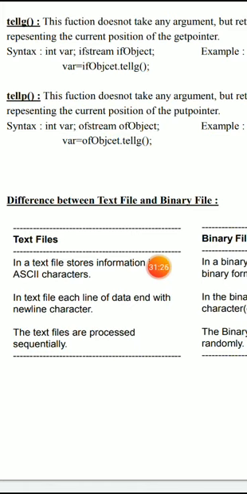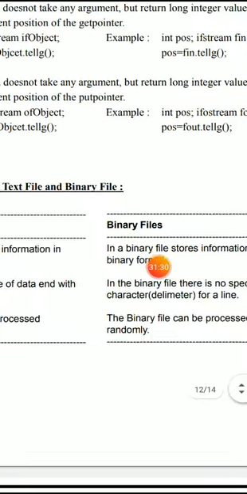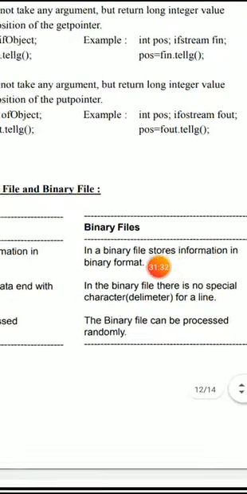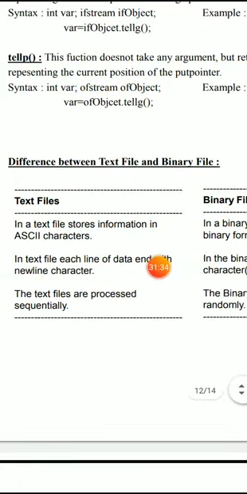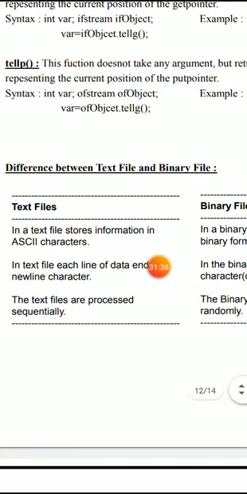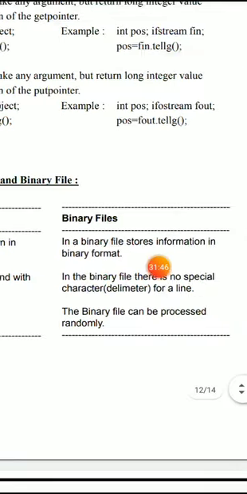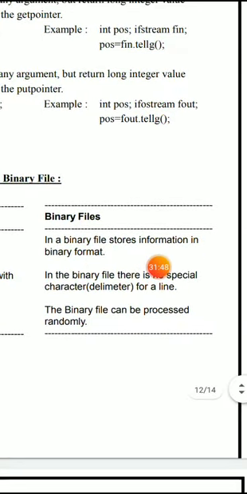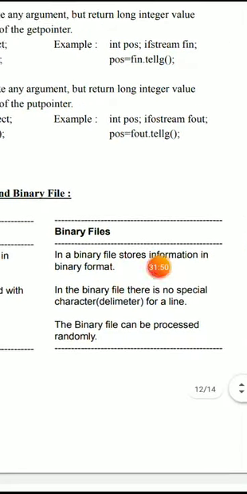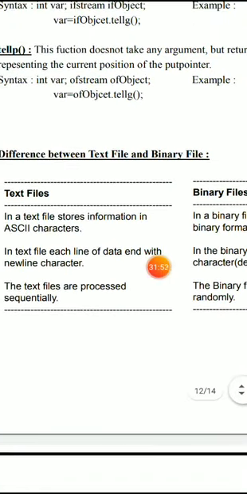So in a text file, generally the information is stored in ASCII format, whereas in a binary file, the information is stored in binary format, that is in the form of zeros and ones. In a text file, each line of data ends with a newline character, whereas in a binary file, there is no special character for indicating the end of a line.